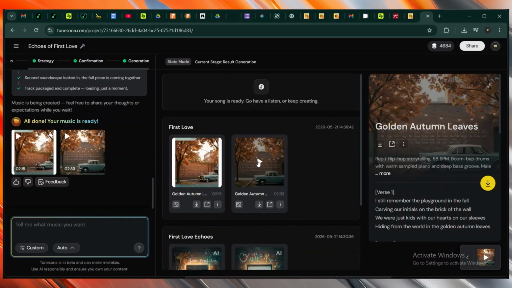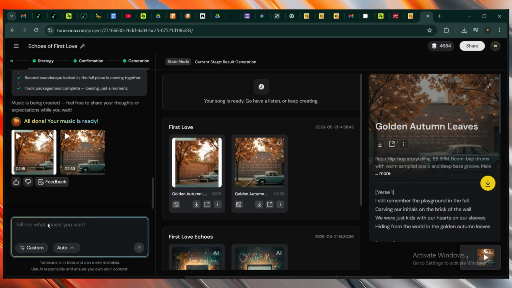Amazing. Now, if you need any of these songs, let's say you just want to vibe to it, feel free to send me a DM and I will send it to you. I'm actually going to add this to my playlist. So as you can see, these are amazing music. You can do the same for any style of music you want. All you need to do is follow the process that I just explained.